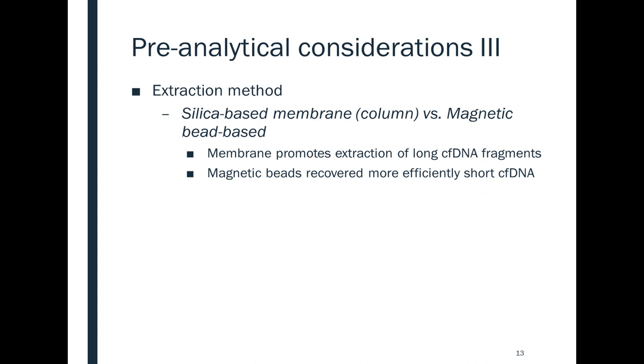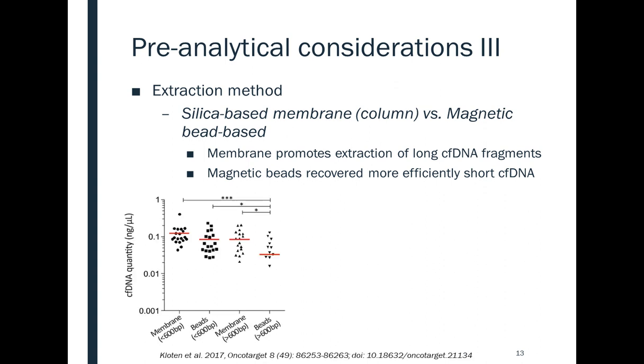One major factor that influences yield and quality of cell-free DNA is the choice of the extraction method. The two most commonly used methods are silica-based membrane, so-called column-based, and magnetic bead-based isolation methods. The already mentioned study from Cologne et al. compared the membrane-based QIAamp circulating nucleic acid kit from QIAGEN with the bead-based Maxwell RSC cell-free DNA plasma kit from